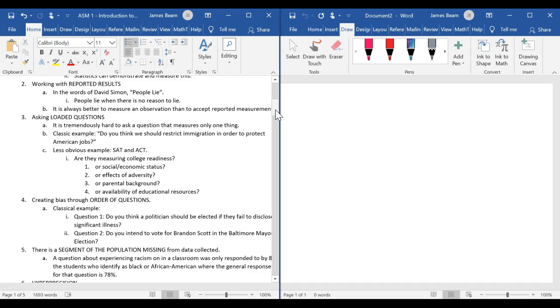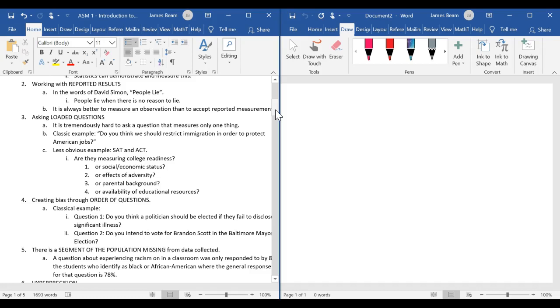Other less obvious things are like, what does the SAT and ACT actually pick up? They're purporting to pick up college readiness, but if you look deep enough, you're going to find that they're tracking things possibly like socioeconomic status or some sort of adversity measure or the background of the student. So, though the SAT and ACT are supposed to be a legitimate measure of a person's college readiness, it's probably a loaded reality that needs to be balanced against something that'll get you a control for some of these other